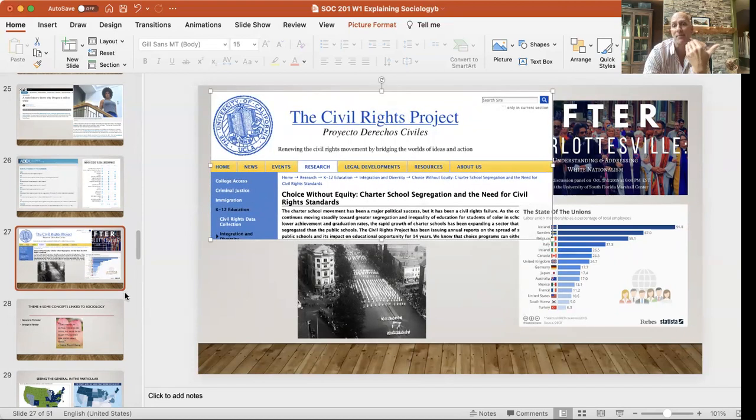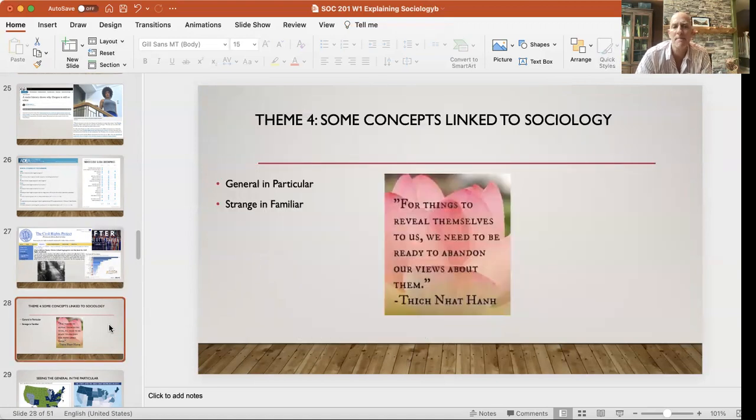Part of the rise and development of charter schools was in response, in part, to race. When Brown versus Board of Education in 1954 desegregated public institutions, there became a move to privatization of schools and charter school development. So there's a lot of stuff, right? And the sociological imagination is to engage in that social world to better understand the social world, so that ultimately we can be more self and community empowered.